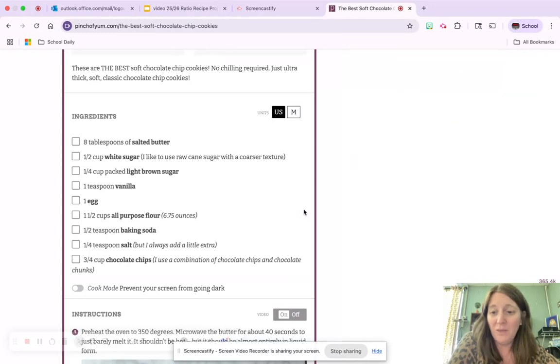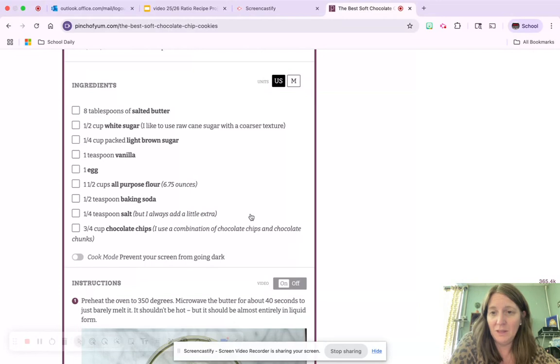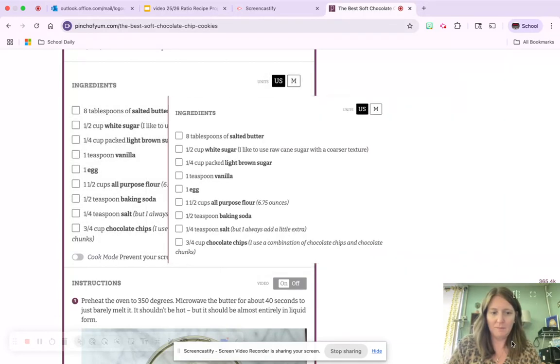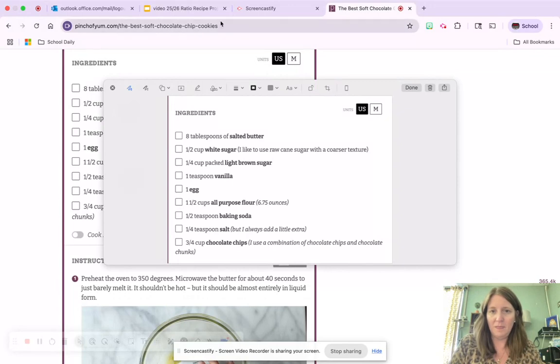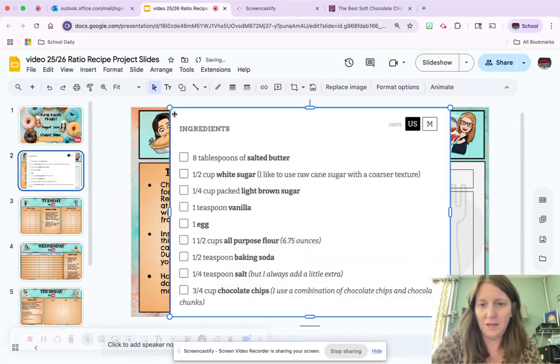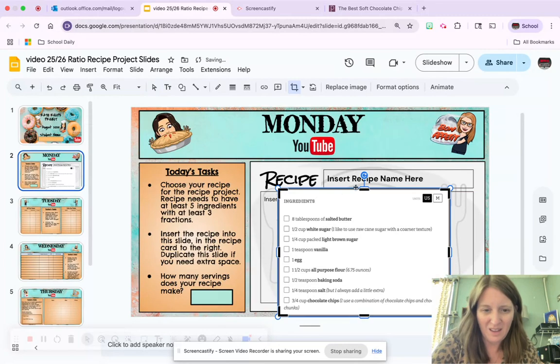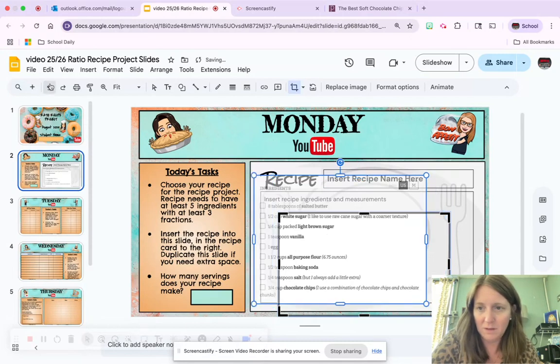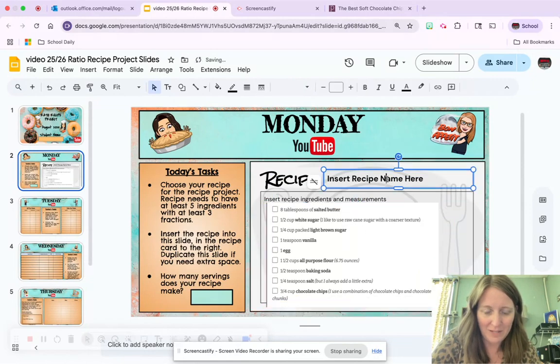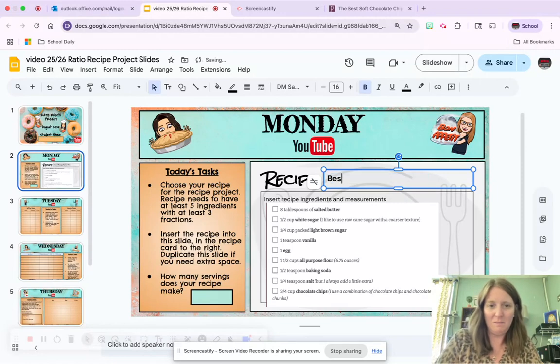So a couple of things I can do. I can print this or I can screenshot it. And I'm going to screenshot it right here like this. Copy. Go back into my project and paste it in, and then I'm going to paste it so that it looks good. Nope, that's not what I'm going to do. There we go. And then I'm going to put my recipe name, best chocolate